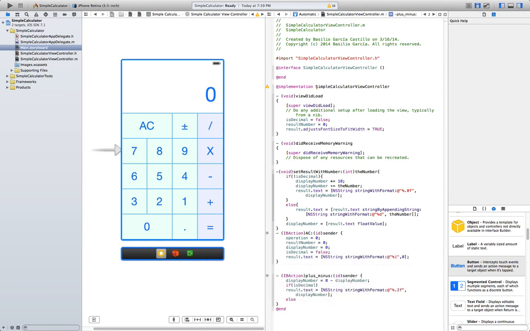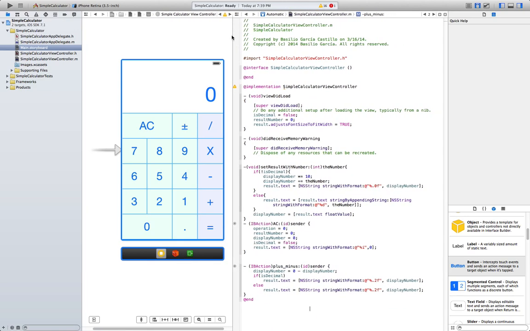Else, just copy this code here. Let's make this a little bigger since we're not using it. And 0 decimals.